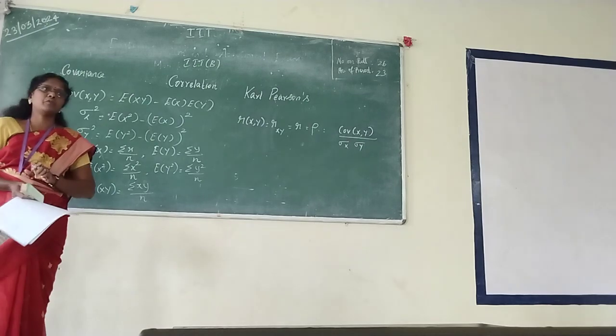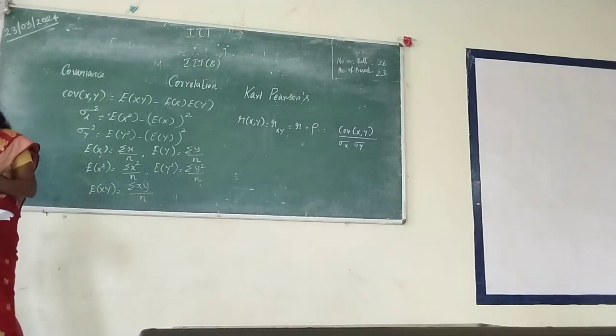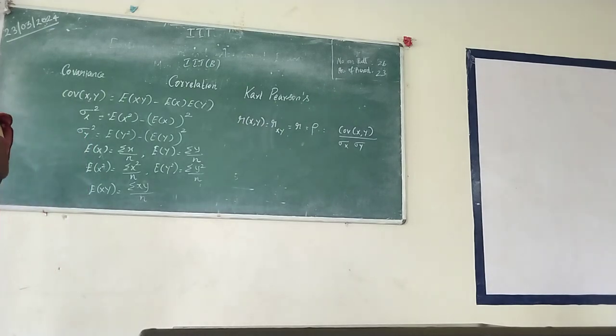Never forget this one: I should not get any answers in your paper beyond 1. Don't give the answers as thousands or 2000s or 500s in your paper. If you get answers like that, what is the meaning? Wrong. What you have done is completely wrong. Always, R lies between -1 to +1. Should we start with the problem?